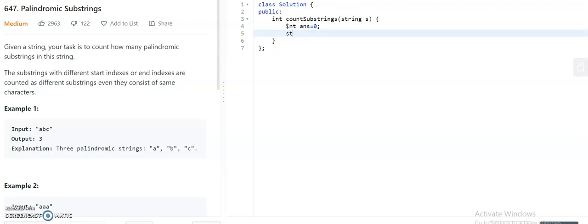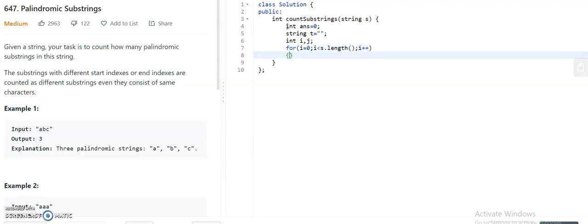For that, let us take a string and two variables, left pointer and right pointer, i comma j. The outer loop is for the left pointer. The inner loop is for the right pointer.